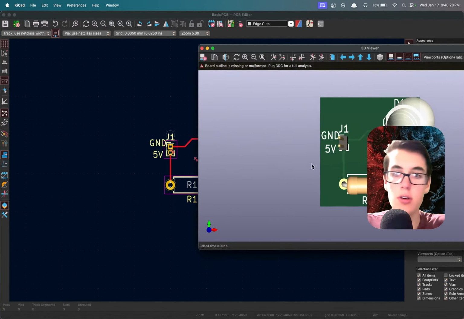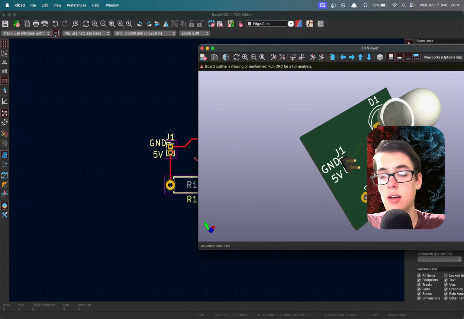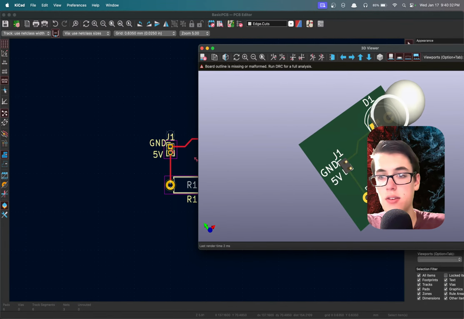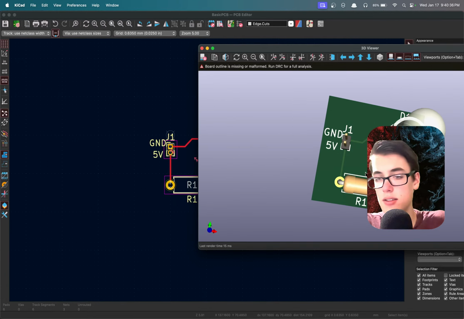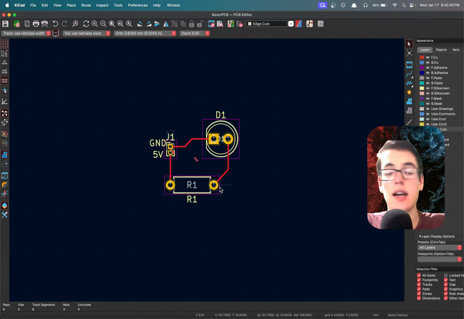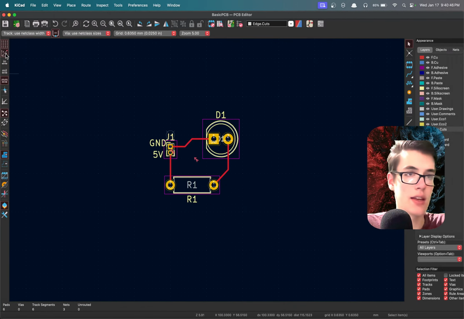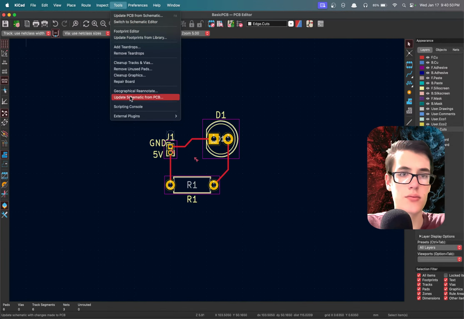So I guess when we go into 3D view, it just comes up with something random that fits all of the things in place, like just a random rectangle that fits all the things in place tightly, but we didn't actually tell it what size or shape we want the board to be. So what we can do is we can go to tools,